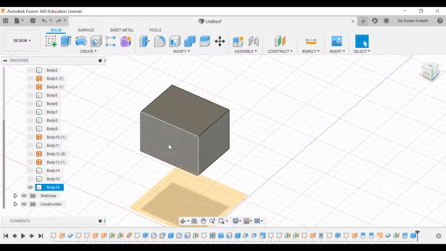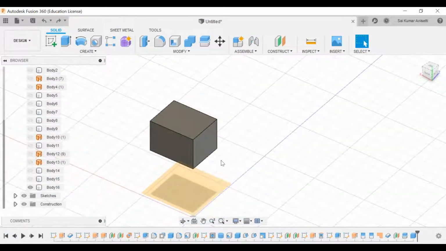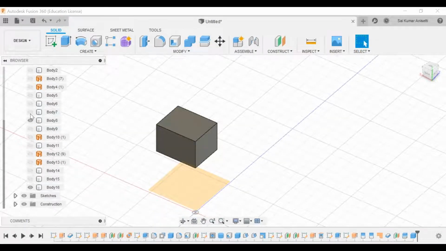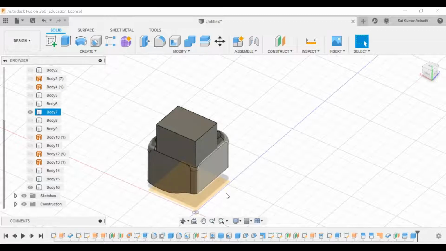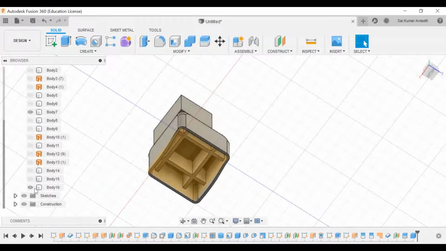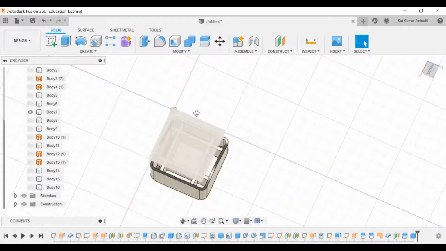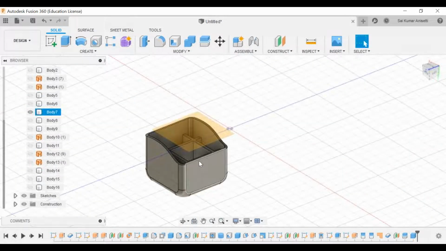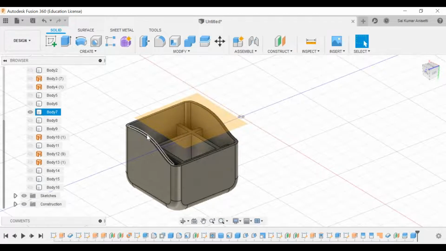You take a surface, like in the previous example I have shown, in body number 6, this one over here. Over here I have taken a surface and split that body into two equal halves, and I have replaced that face.